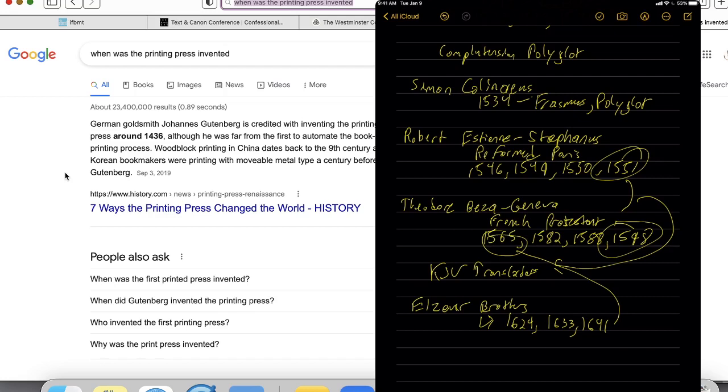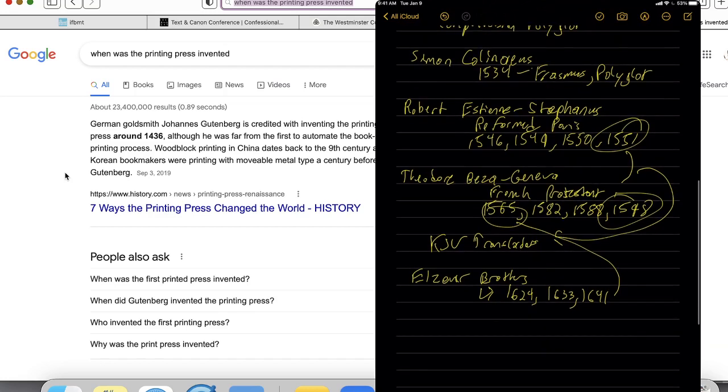Okay? Now, in the preface to the 1633 Elsevier edition, it said in Latin that it was the textum ergo habes nunc ab omnibus receptum, which, if I'm remembering it correctly, translates into English as